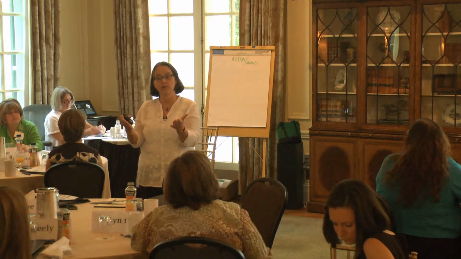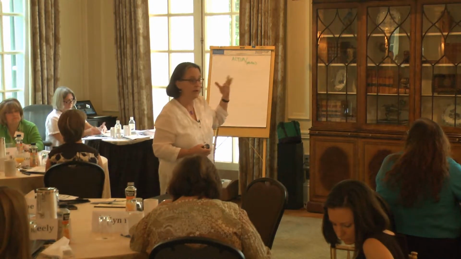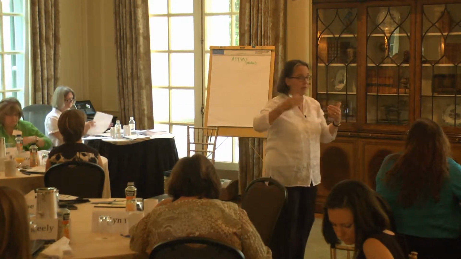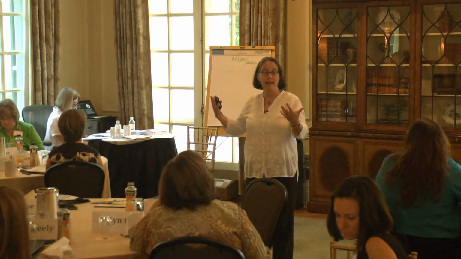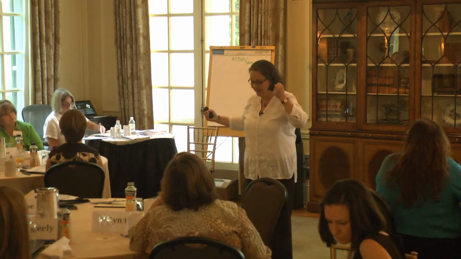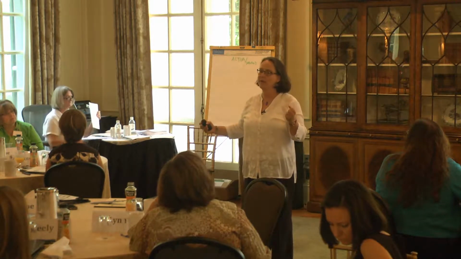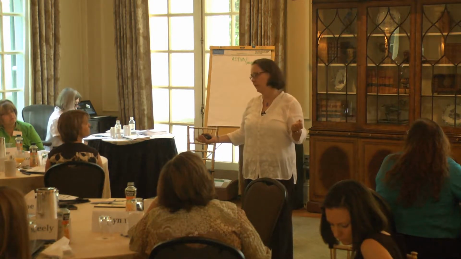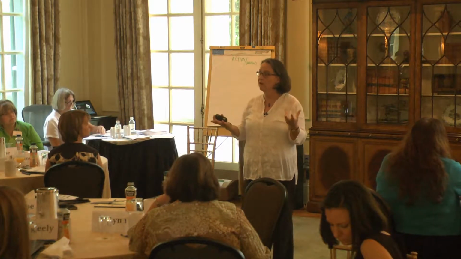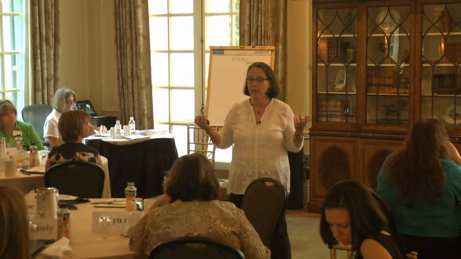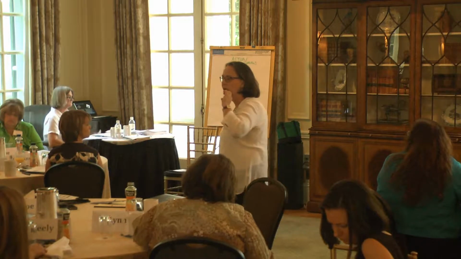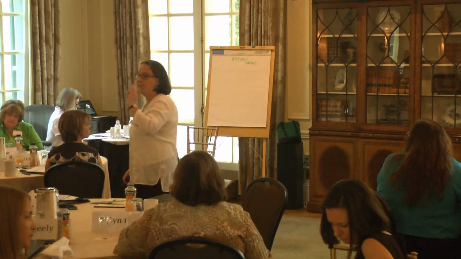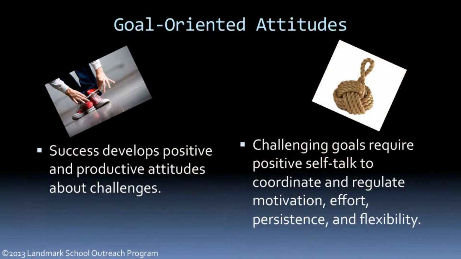And that changes everything, because much of what our executive function does is we monitor ourselves through this internal self-talk. And it can be positive, you know, yes, I can do this, I know I can do this, or it can be negative. You know, you're so stupid, you're never going to be able to do this. And we have to be very conscious as teachers of what kids are saying to themselves in their own heads, so that we can help them develop the goal-oriented attitudes that are going to allow them to achieve their goal.